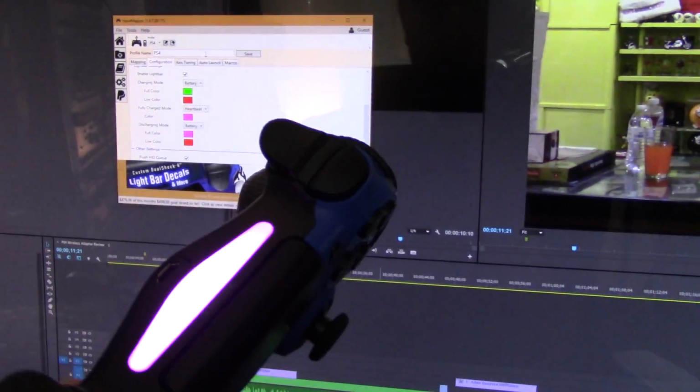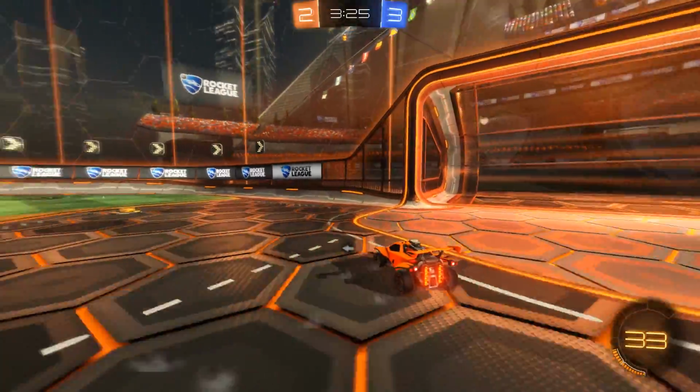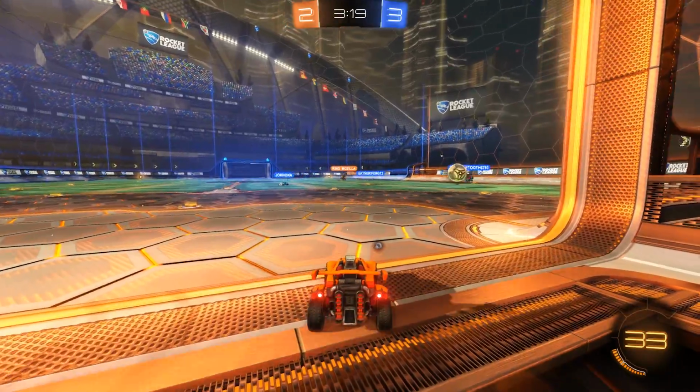Very simple install, and then all the default settings should work for you, or you can customize the controller to your desire. I did tell it when it's just standard showing the light bar to show it as purple, and then to flash red when the battery's dying, and flash green when it's charging and the battery's charged. And that was pretty cool. And then you can customize rumble settings. You can map your controls individually. And like I said, it will tell you when your battery is dying, and you can see the battery status,